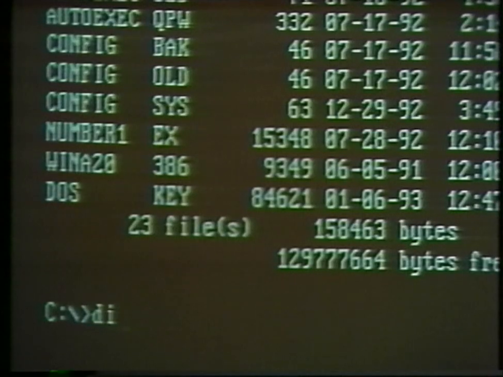We type dir for directory, then a space, then we type a / and the letter P. This stands for pause. This means the list will pause when it has filled the screen so that we don't miss the very first part of the directory as it scrolls up. Now that we've typed it in, we hit enter,